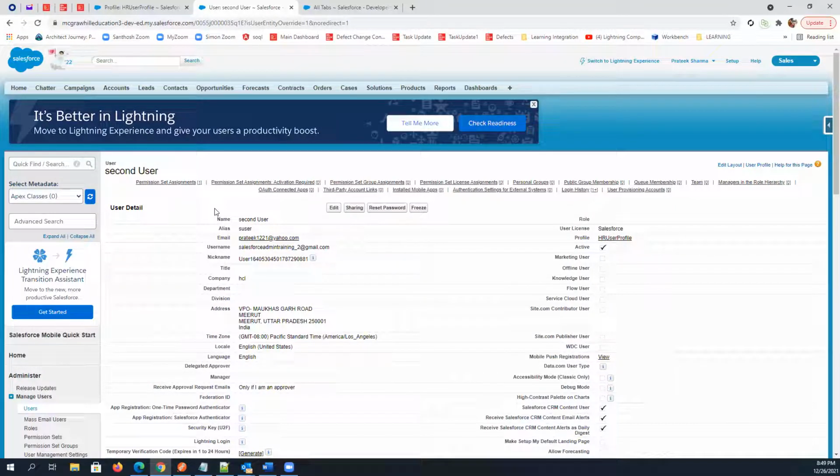And if I go in another direction, like I need to increase the permission for a single user, then you can always create a permission set, right? And assign it to the user. So permission set can only increase the permission, and if you want to remove some permission from a user, then only a profile change is the option. Always remember, please listen to the question carefully and answer accordingly. If you want to remove the permission, then you have to change the profile. If you want to increase the permission, then permission set is the option.